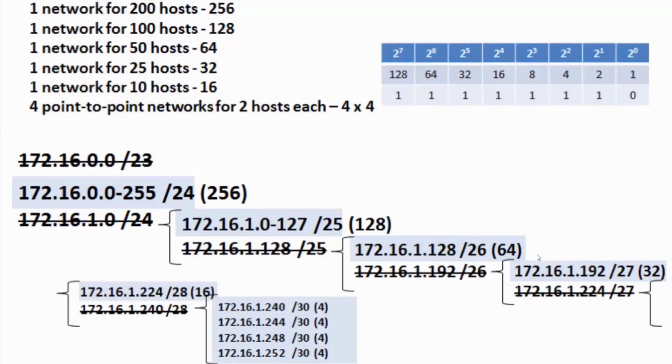In the end, we've created 9 subnets of different sizes, a 256, a 128, a 64, a 32, a 16, and four 4-host subnets. This is VLSM, and it allows us to create subnets or networks specific to the